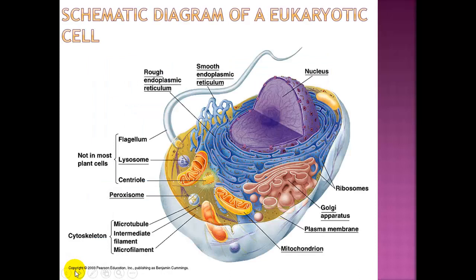Shown here is a schematic diagram of a eukaryotic cell. Some of the main structures shown here are the plasma membrane, also known as the cytoplasmic membrane, the nucleus, the smooth endoplasmic reticulum shown here, and the rough endoplasmic reticulum, which contains ribosomes on it, the mitochondria, peroxisomes and lysosomes,